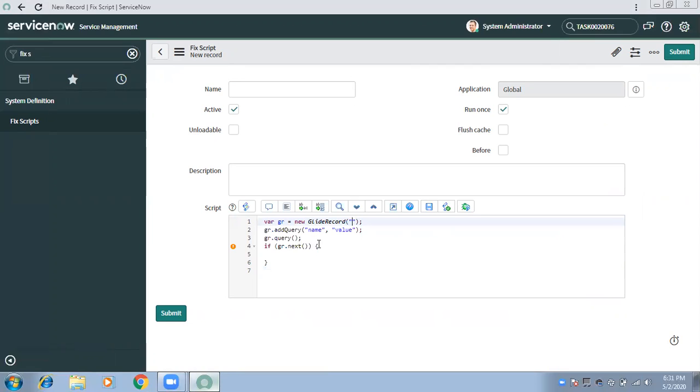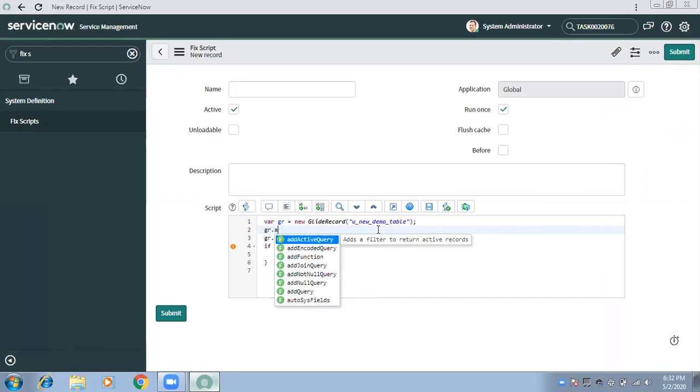I will use this, and I can put u_demo, because the demo table is the one from which I need to delete the record. New u_demo_table, I think. Okay.